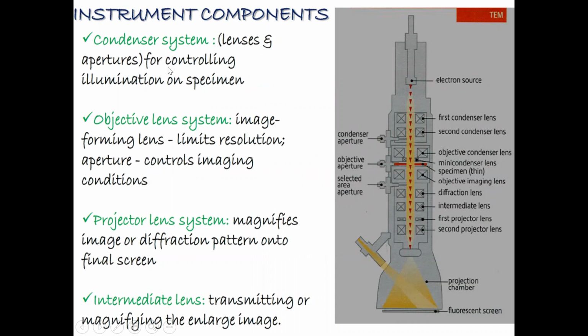The condenser system, that is the lenses and apertures over here. This is the condenser and apertures. Objective lenses are there, controlling your samples or specimens. The objective lens system is the image forming lens, and its apertures limit resolution and control the image conditions. Projector lenses are there, which magnify your images or diffraction patterns on the final screen. Then intermediate lenses, which magnify or enlarge the images of your samples